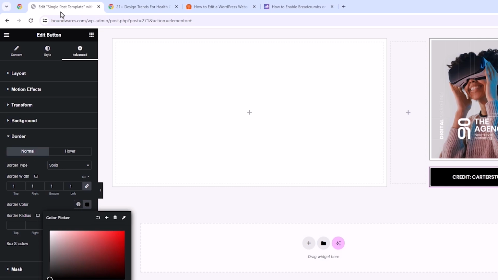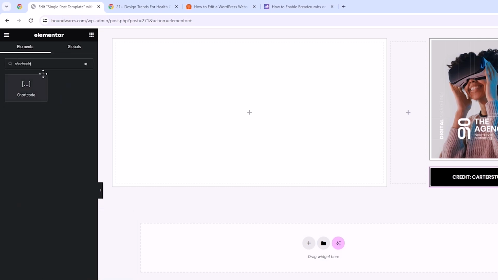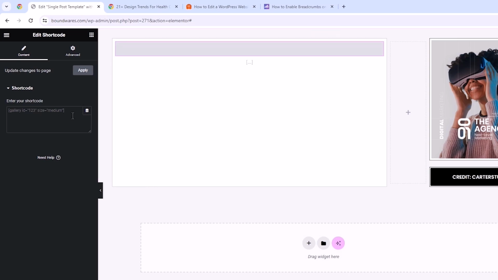Then head back to Elementor's design canvas. Now search for the shortcode widget. Drag that into this container and paste the code we copied into this field. There's a chance the entire breadcrumb may not display as it should on this page, so we may need to view this addition when we've finished our edits and conditioned the theme builder template to be applied to all blog